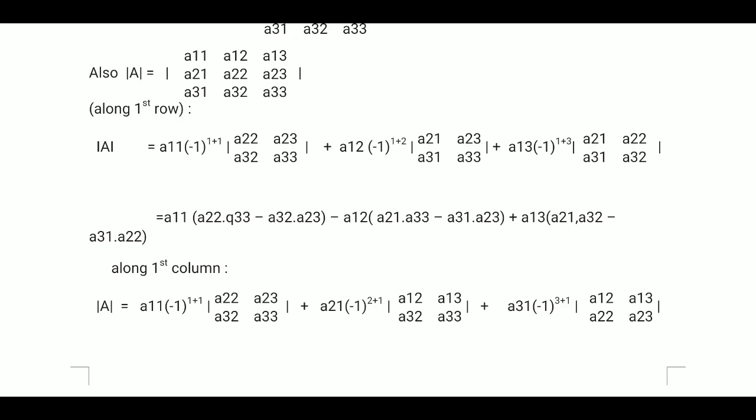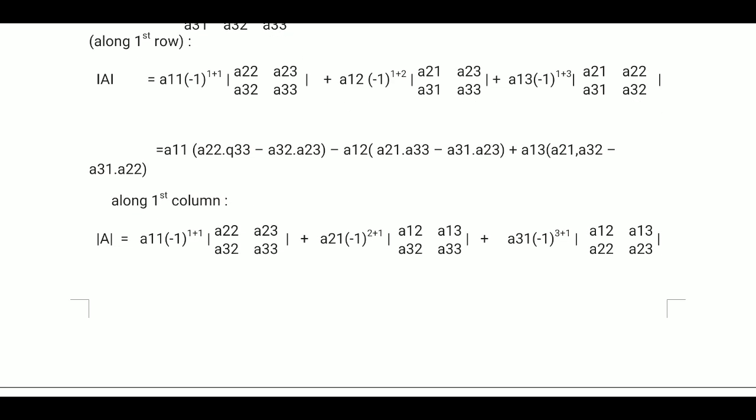And similarly we can find the value of determinant along the first column. A similar process is followed. Suppose I am taking the first element of the first column, that is A11. A11 multiplied by minus 1 power 1 plus 1 and the determinant obtained by leaving the first row and first column. So we get A22, A23, A32, A33, plus